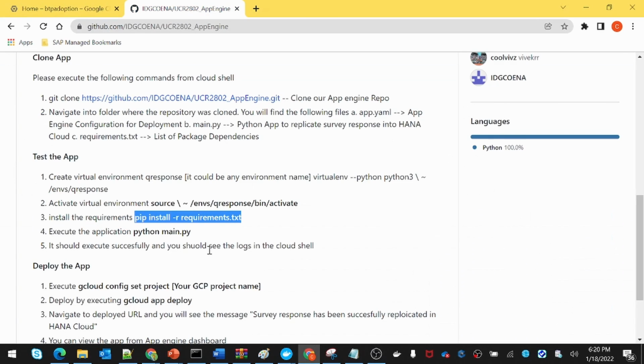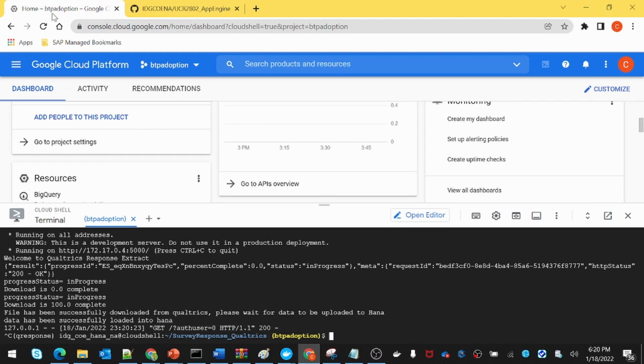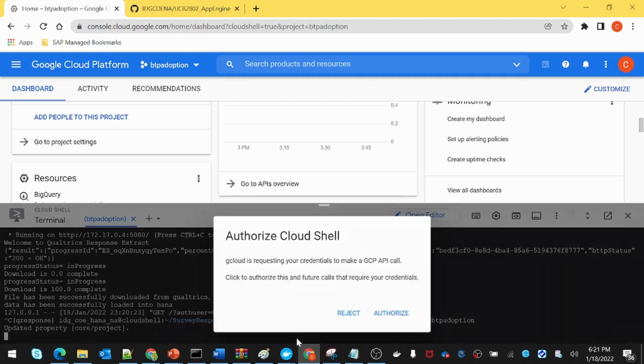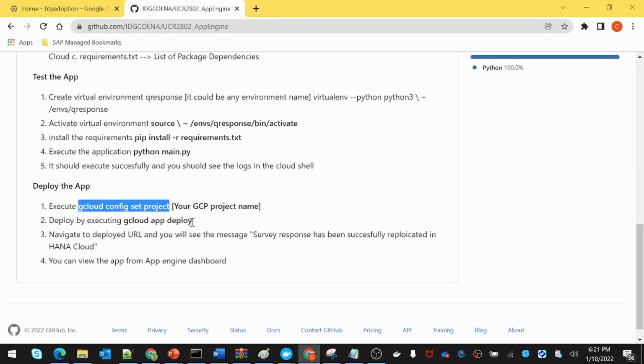Now we're going to deploy the app. Just two steps: you have to set your project and then deploy it. So let's set the project. The project here, in my case, is BTP Adoption. I would authorize. And finally, we have to deploy the app.